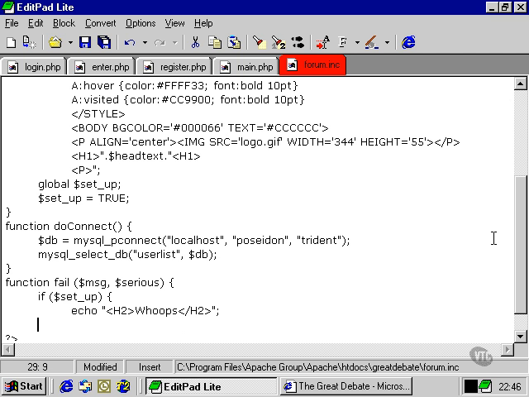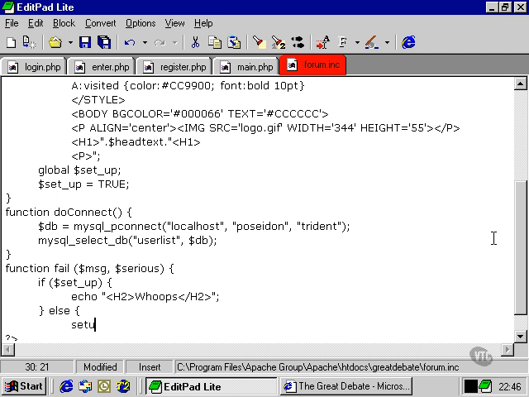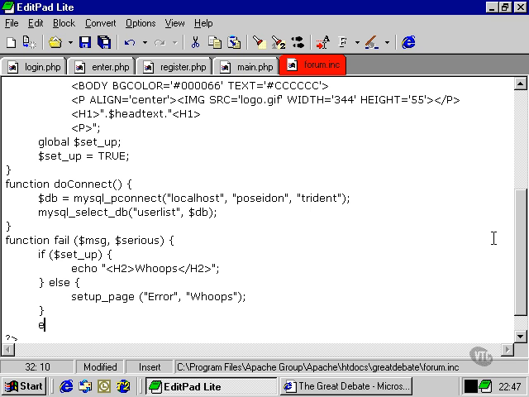However, if the page has not been set up, we're going to call the setup page function and set it up with the title error and the header whoops. Then we're going to show an error message